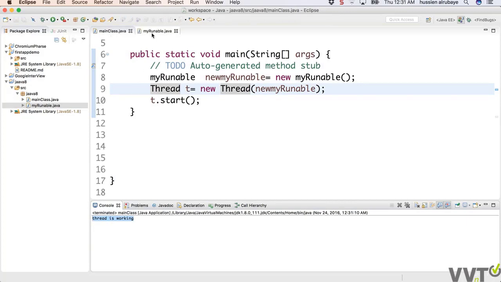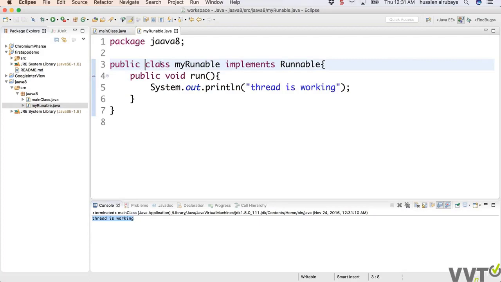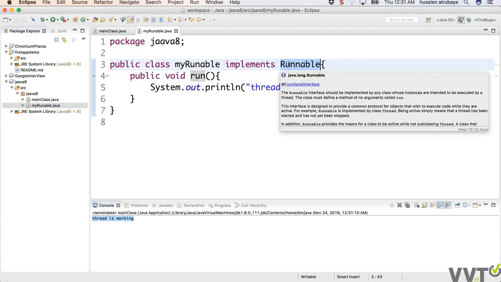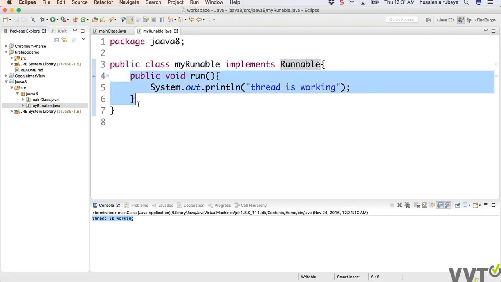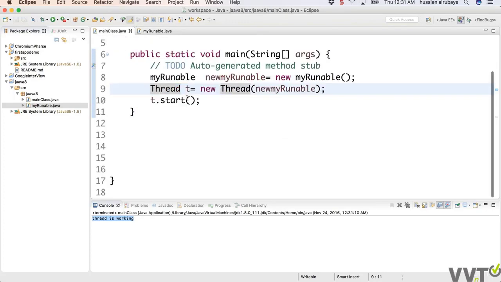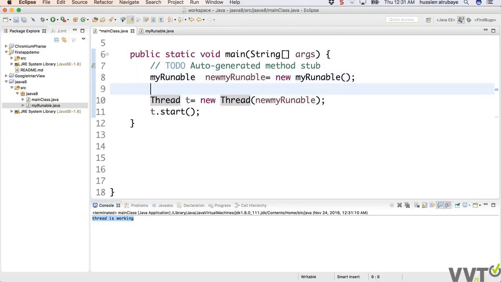So the question here with Lambda is, why do I have to implement this functional interface inside the interface? That means, okay, I'm implementing this interface, and I'm 100% sure this interface has only one method. Why do I have to implement it here? So the easy way, I say, okay, instead of doing all this work, I will do it a different way, named